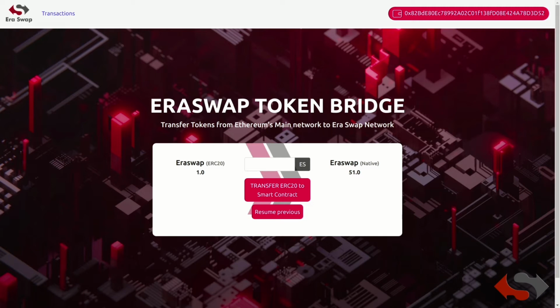So let's start with a transfer of Eraswap ERC20 to Eraswap native tokens. So our new balance of ERC20 tokens will be 0 and Eraswap native token will be 52.